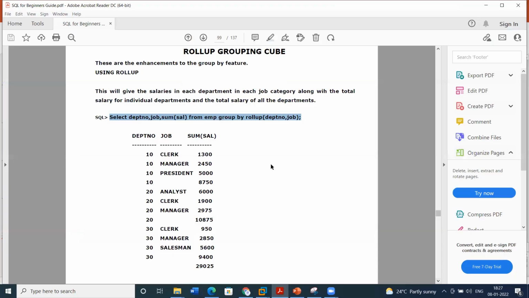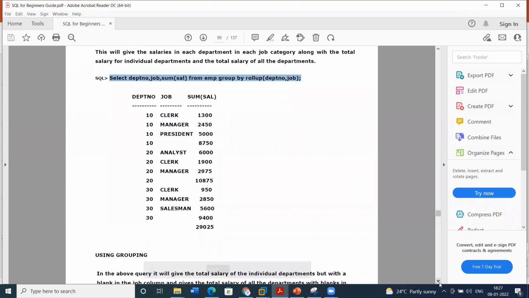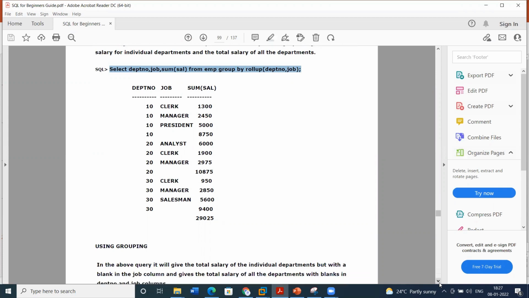That is the purpose of this rollup function. In rollup by, we have given department number versus job level: department-wise, designation-wise, how much we are spending. That is the total we will get.